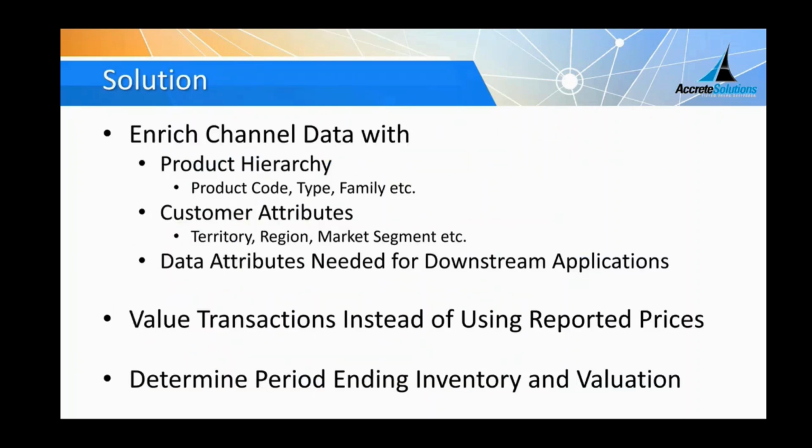And so once you have matched the reported customers in your point of sales to your reference data, the next step is to enrich the channel data. So you can take your product and add all the attributes of the product to the channel data: sales by product family, sales by product type, etc. The product hierarchy varies from company to company, but that doesn't matter. That's one of the requirements, that we can add that enrichment to the point of sales.